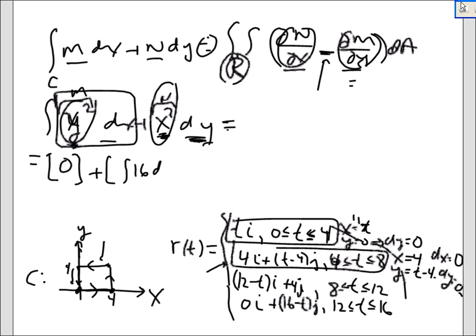dt. And t goes from 4 to 8. T goes from 4 to 8. Okay. Let me erase this so I can have some more room. Now, for the third piece,